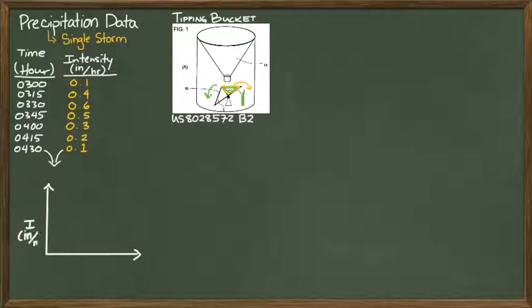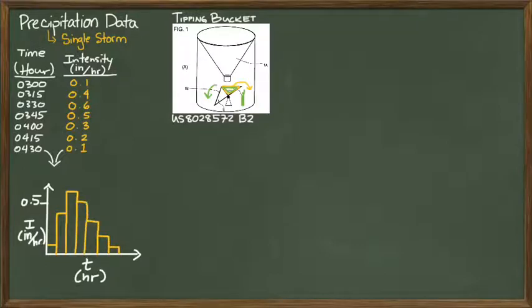And once you have that data, what you can do is create a graph or a plot of that data, or a bar chart here, where on the x-axis you have time in hours, on the y-axis you have the rainfall intensity, and this is what that data may look like. Now, this data in this format is called a hydrograph. Okay, and from the hydrograph we can calculate the volume of the storm. Actually, we don't need the hydrograph, but from the table we can calculate the volume of the storm.